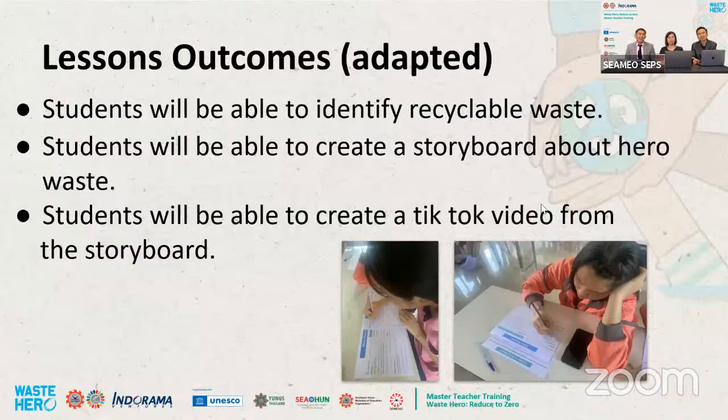Number 2, they can create their own story planner and storyboard about a waste hero. And the last one, they can create a TikTok video, because TikTok is very hype among teenagers, and students are really into this kind of platform. So I think that's very engaging for them. That's so fantastic. So we use technological devices to reach out to the audience.